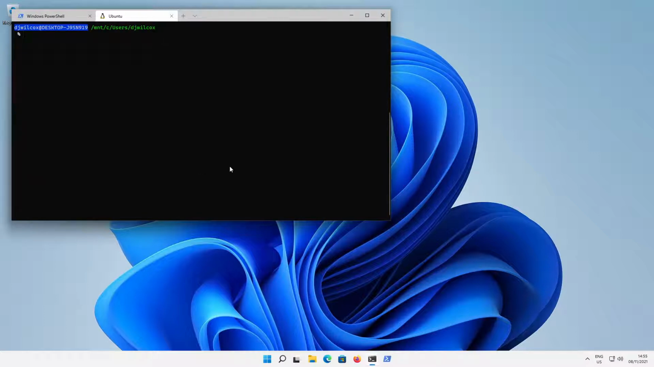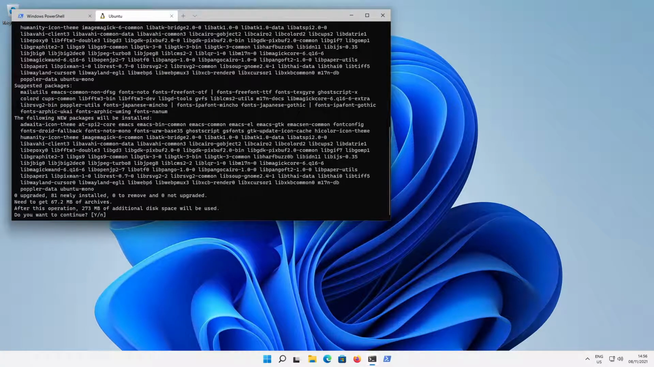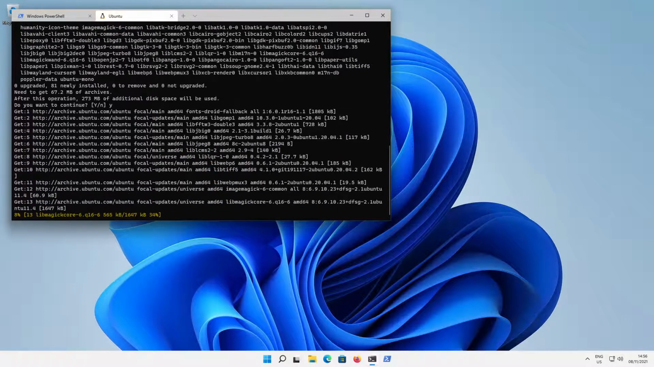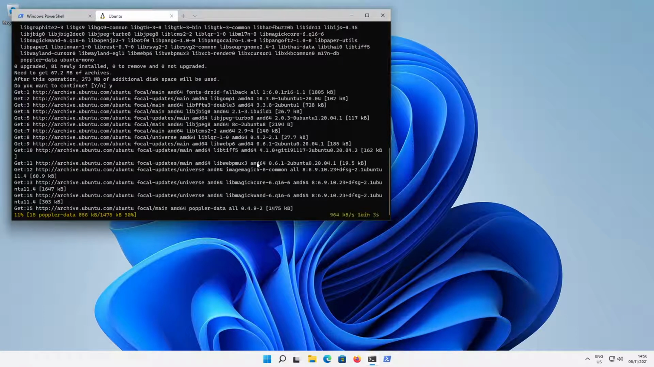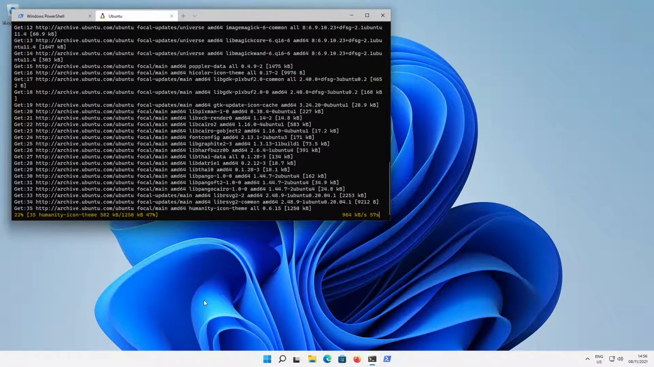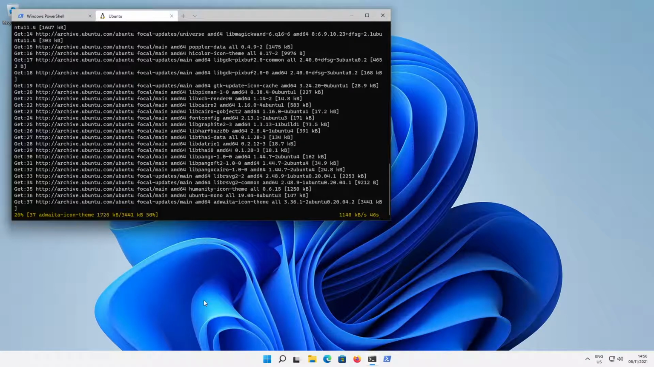So there's our prompt, and we can now install something like Emacs. So if I run sudo apt install Emacs. Yeah, so this is going to install Emacs, and it takes a little while, but eventually it will show up in the start menu. And there is some weird behavior with it, like it